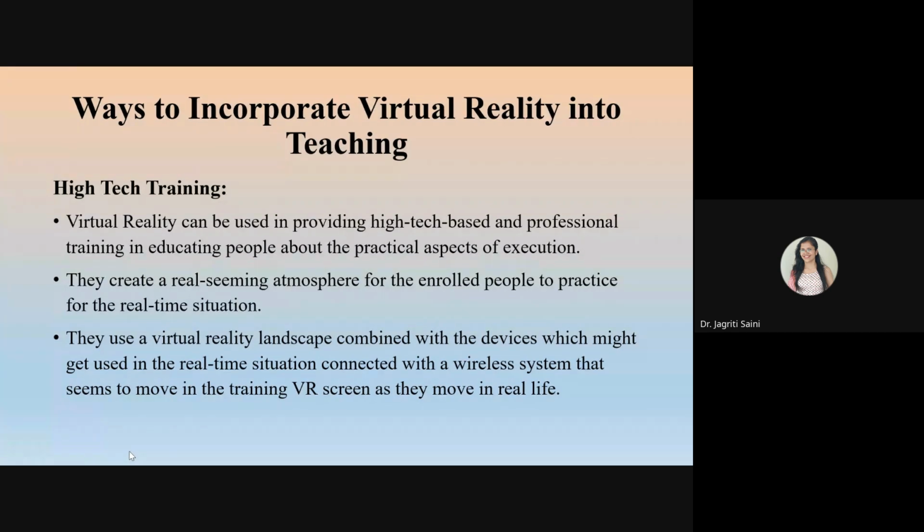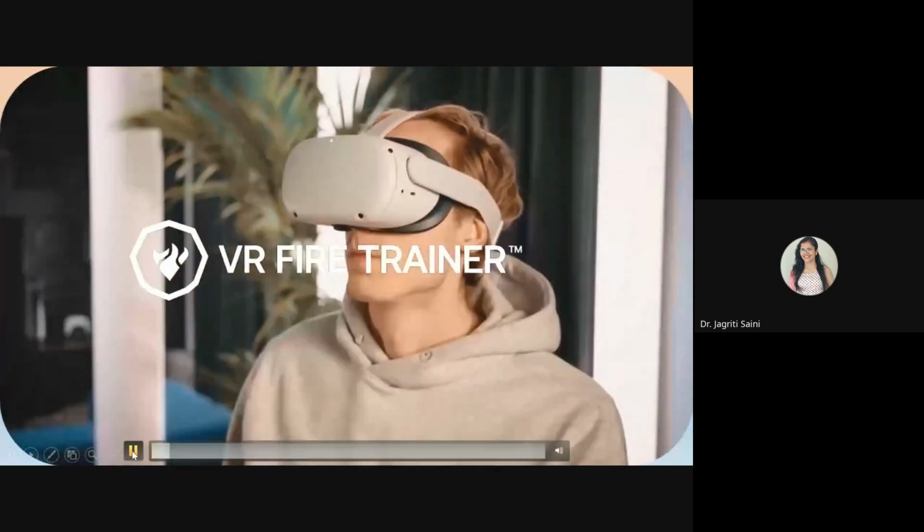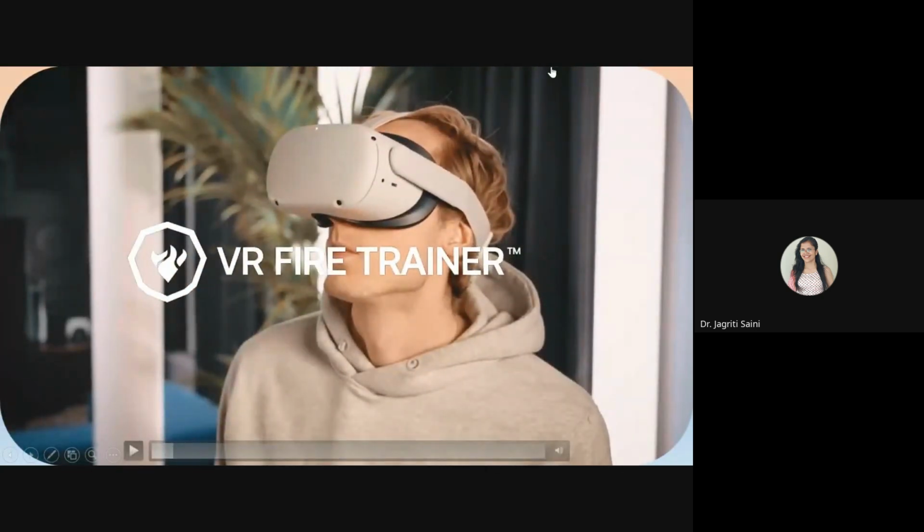With the real-time simulations out there, and the one VR example, the fire trainer, you can see over here. Fire training experience is again a critical zone experience. We cannot put a fire in the institute premises to help students learn how they have to deal with it. But of course, with a VR fire trainer, they can enter into the simulated environment and learn how to use fire extinguishers, what type of gases or fluids they have to use in a specific environment, and what type of treatment they have to give for a specific fire incident. So you can see how good it can be with the training.